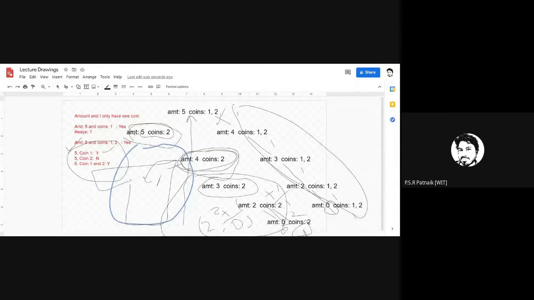Okay? Have you understood this? Let me know whether you have understood this or not. That I need to check the possibilities, and why I am saying it is dynamic programming and why it is not equal to exploring all the combinations.